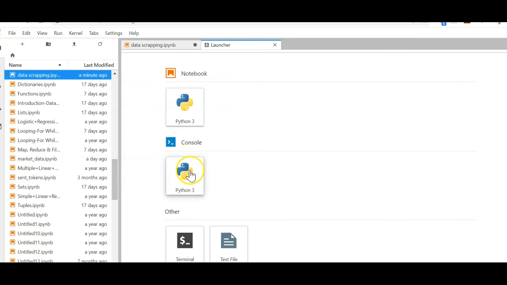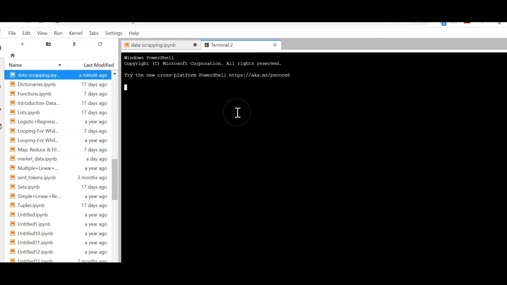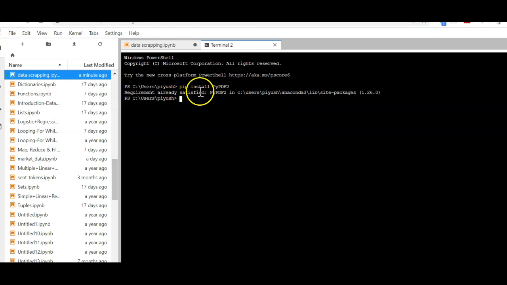In the terminal, you simply type pip install PyPDF2. It will install this library, PyPDF2. Here I have already installed it, which is why it shows the message requirement already satisfied.